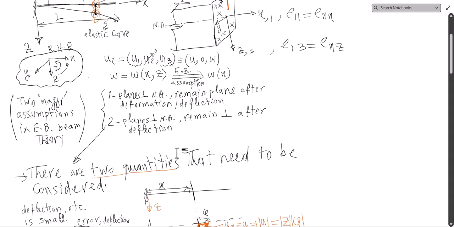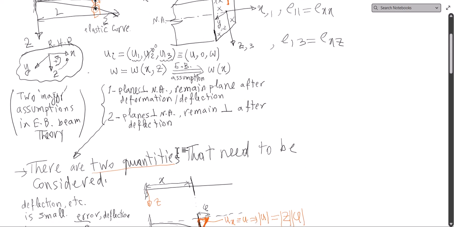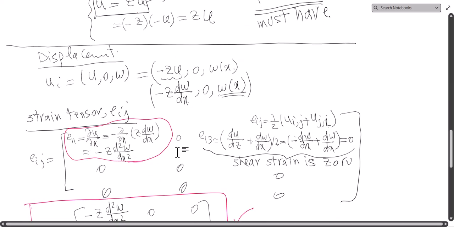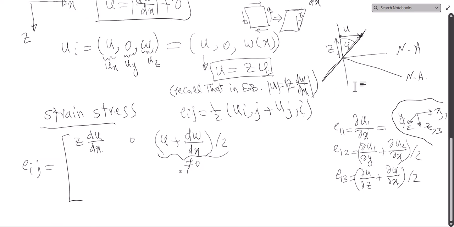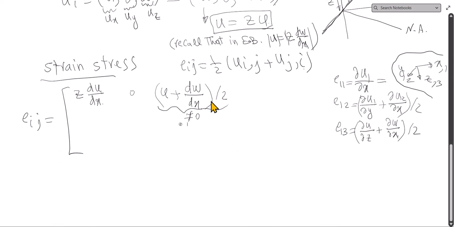Now, just for comparison, if you go back here, this is what I'm talking about. This quantity becomes zero because these two angles are the same, and therefore in Euler-Bernoulli this component vanishes, but not necessarily at every point. It is not in Timoshenko. Okay, so